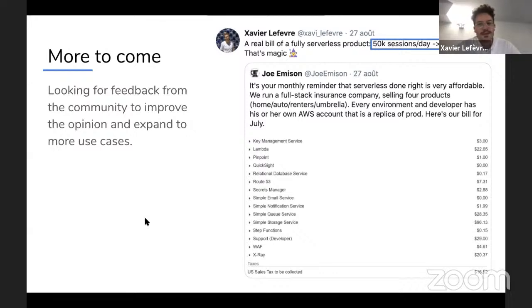And so the next step for me is going to be to improve on that feedback. I'm going to have a discussion with Joe to understand a little more about why it costs this, what his architecture is, and where he saves money that I didn't see in the calculator, to refine the outputs. And potentially, after refining the calculator, building an open source app out of it to make it clearer and available to everyone.